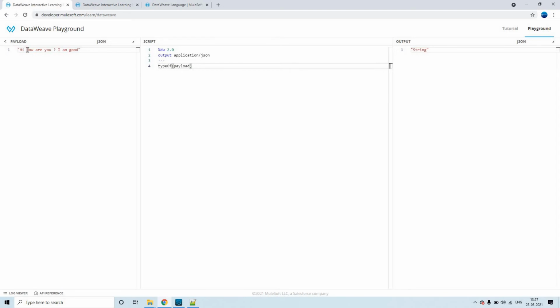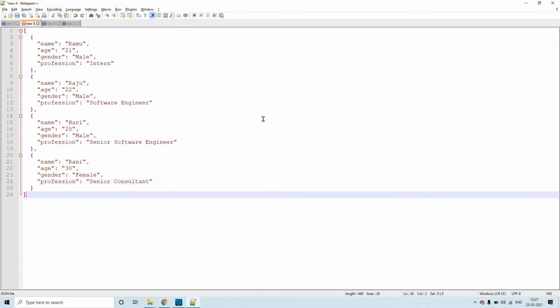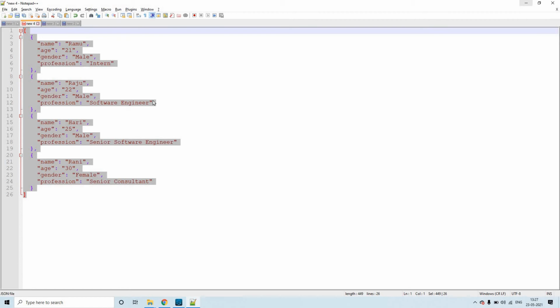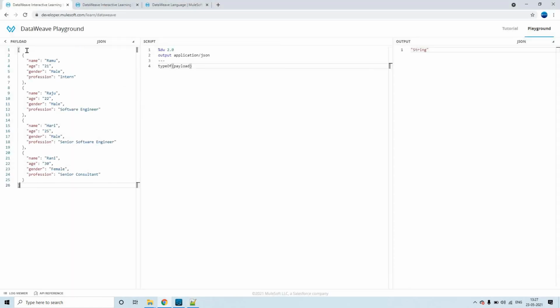Because everything is in double quotes. Yeah, string. Okay, so now for example, I'm going to keep this JSON input file. Okay, Control V. So here you see, this is an array, right? At the top you could see it as an array, and inside there we have four objects: one, two, three, four. So it only focuses on the higher level part. So here it is like an array, right? So that's why it is resulting into an array.